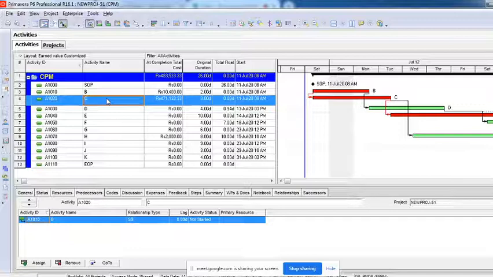So the next topic is resource analysis. Yesterday we learned how to create resources and assign them, not directly to the project, but to the activities, so that the resources are assigned to the project. Now the next question arises: the availability of the resources, allocations, over-allocations, under-allocations of the resources, and so forth.